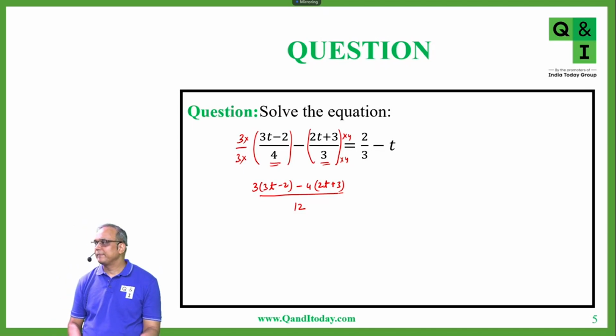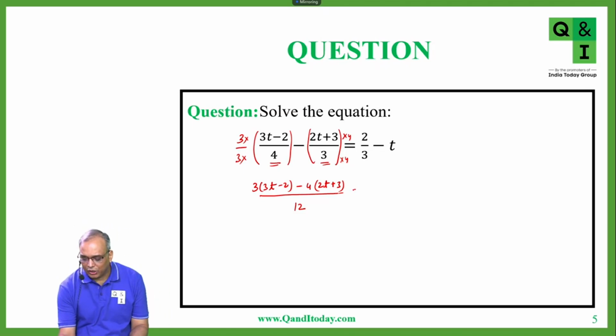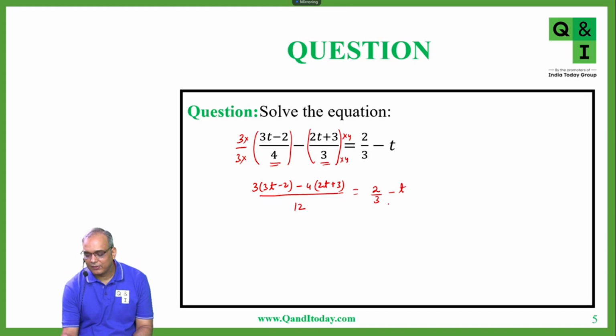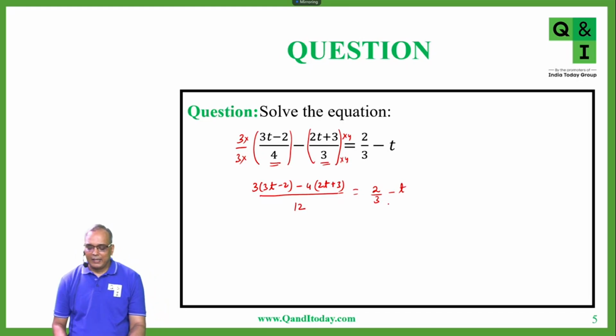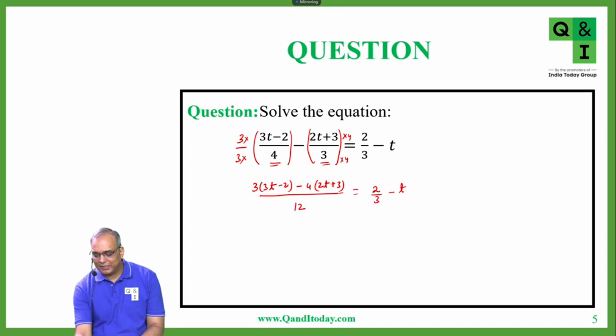Now this is equal to 2 by 3 minus t. Now let us solve this a bit. Let us take 3 inside and solve this. By the distributive property, we have 3 times 3t, which is 9t, minus 6, and minus 4 into 2t, that is minus 8t, and minus 4 into 3 is minus 12, divided by 12 is